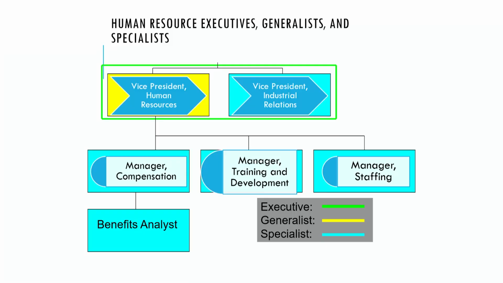So with the help of this pictorial depiction, I would like to give you the details on HR executives, generalist and specialist. So we have Vice President Human Resources and Vice President Industrial Relations. They are the line managers, while the specialists are the ones who are specialists in specific areas like compensation, training and development and staffing. So they are the specialists. And a generalist is the one who is taking care of all functions. So Vice President Human Resources takes care of all sub-functions, while Vice President Industrial Relations is a specialist in the